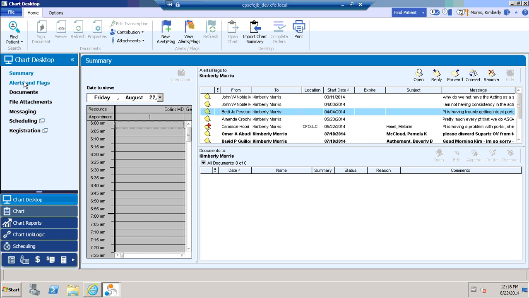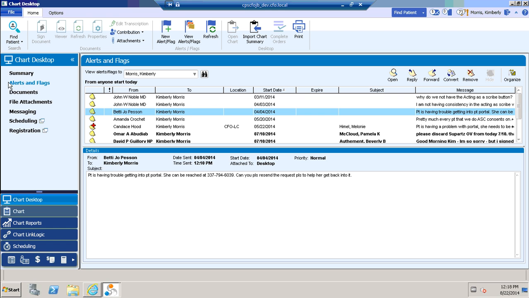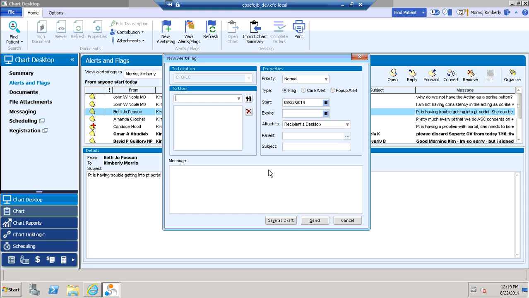So let's look at our Alerts and Flags. I clicked on the Alerts and Flags wording, which has taken the place of tabs. And I have my flags that I had previously. The dark flags are ones that I haven't read yet. I wanted to let you guys know, if I do a new flag and I have anything other than flag clicked on, I will end up with a flag with this plus, just like this flag to me from Candace